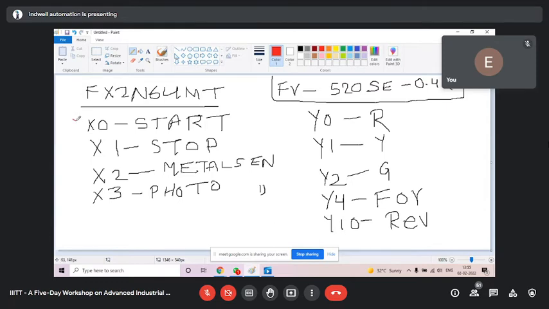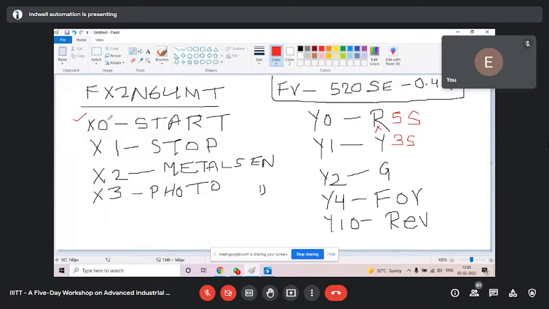When we press X0, the start push button, the red lamp should get on for 5 seconds. After 5 seconds, red will be off and yellow should get on for 3 seconds.